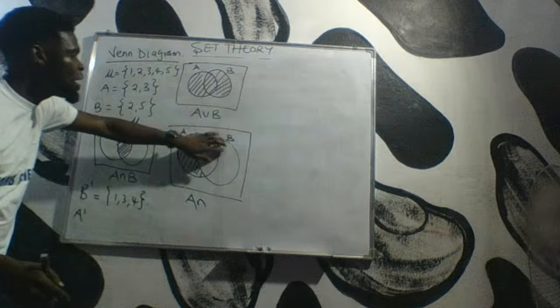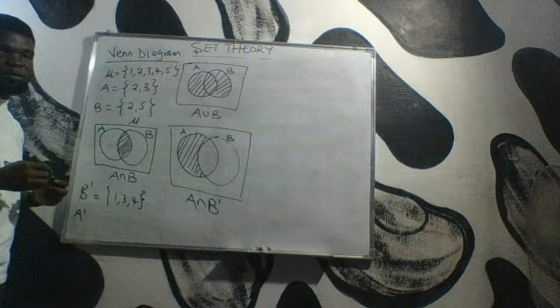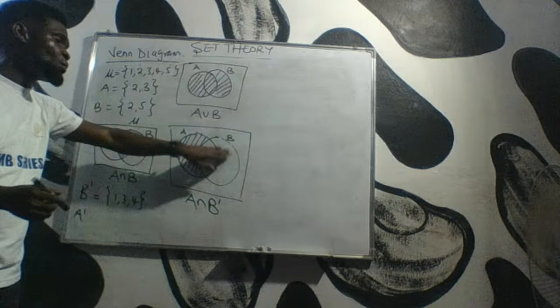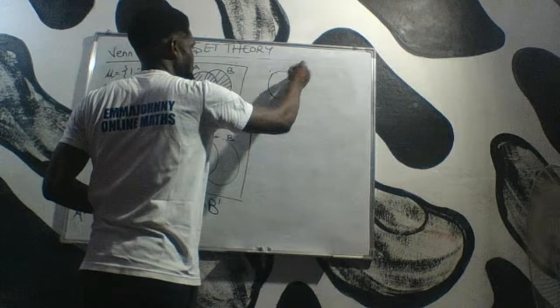So now, since there are no elements in B, it means that they are in B complement. So the shaded portion here is A intersection B complement. That means that if I have this,